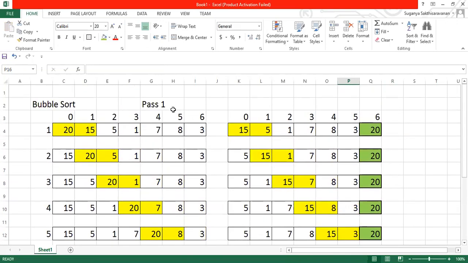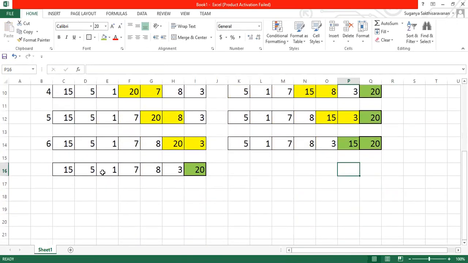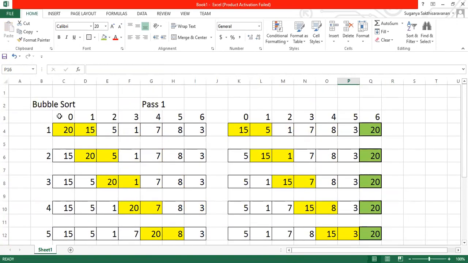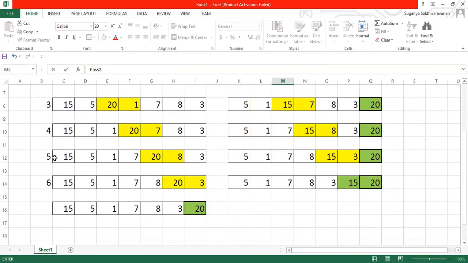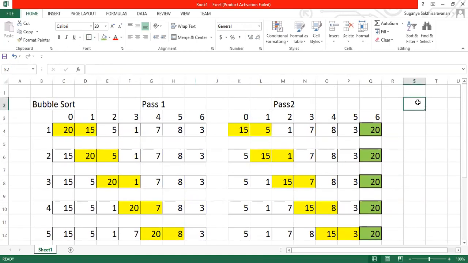So here at pass 1, it goes with n minus 1 iterations. This is pass 1, right? The number of elements is 7, so it goes 6 iterations. So this is pass 2. At pass 2, how many iterations go? N minus 2 iterations. So it goes only till 5 iterations. At the end of the result of the 5th iteration, I am getting the second element as a sorted one. Got it? So like this, it will go through n minus 1 passes. For each and every pass, n minus 1 passes are going to be executed.